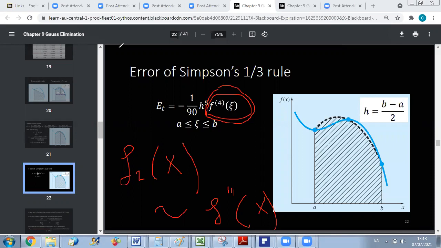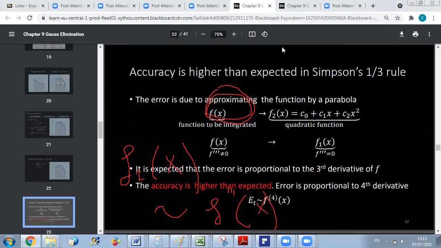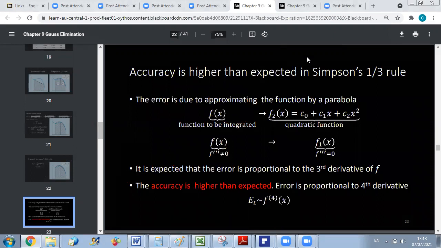Okay, and in this slide we can see this. They are telling us that since we are using a quadratic function, we expect the error to be proportional to a third, because when